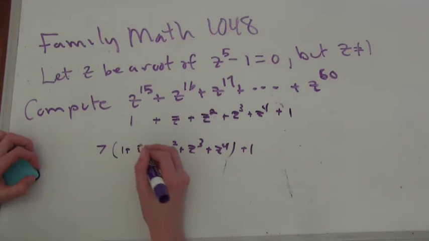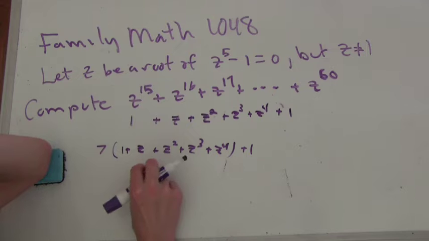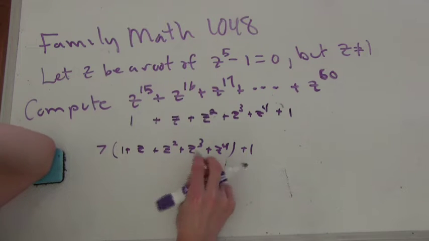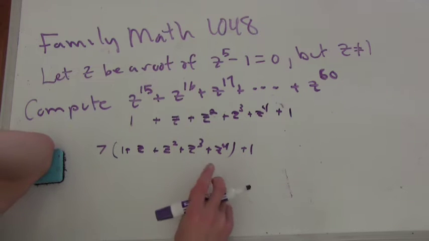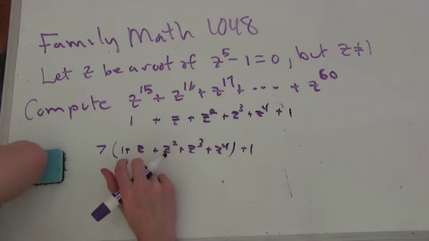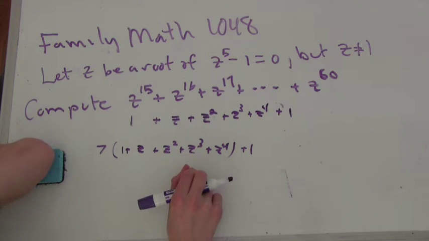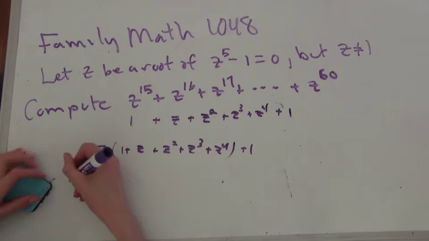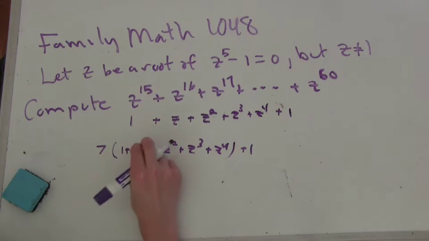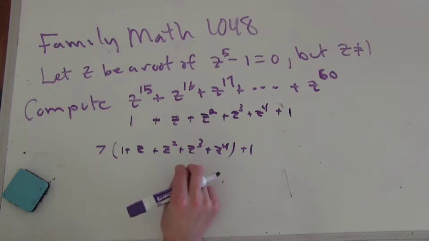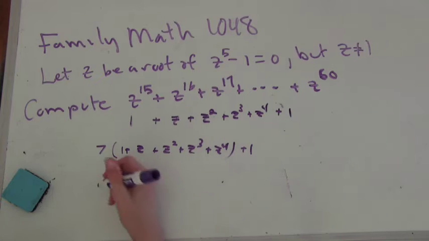So this is 1 plus z squared plus z cubed plus z to the fourth. So going from term to term, you multiply by z every time. So if you have 1 plus something like this, up to, say, z to the n,